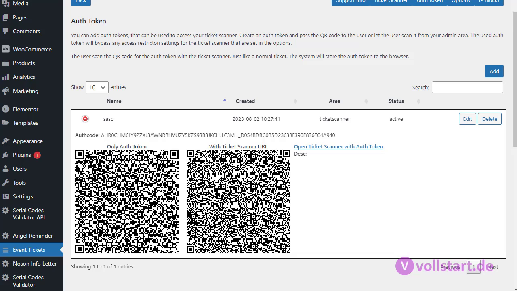Your people are going to open the ticket scanner and then they scan the auth token. The auth token will be stored within the browser, and from that point on they are able to redeem tickets and scan tickets. If they don't do this and you have the auth token in place, then they are not able to scan any tickets. They can only scan the auth token.